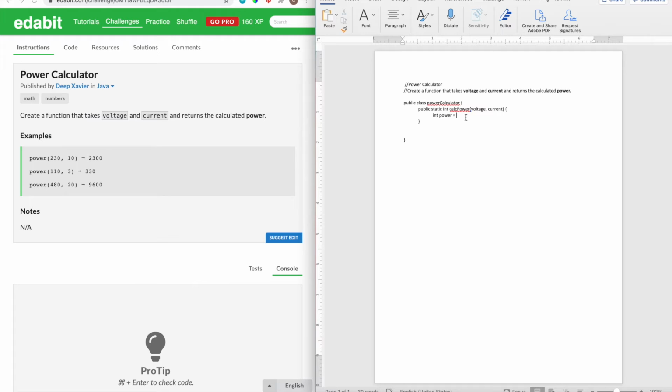So initialize power, and power is going to be, I actually don't know the formula, so based on the examples, looks like 230 times 10 is 2300, 110 times 3, okay, so maybe it's voltage times current equals power, and then we want to return power and end with a semicolon, which I often forget. So return,